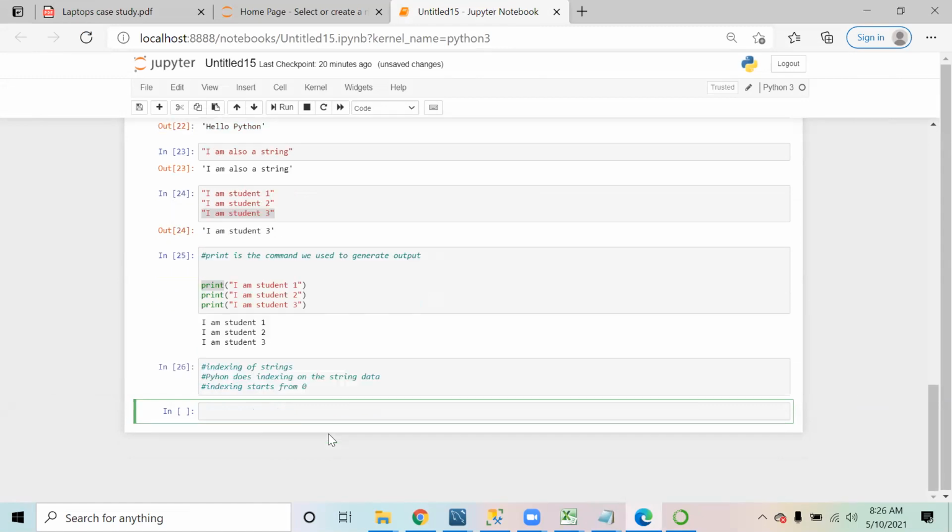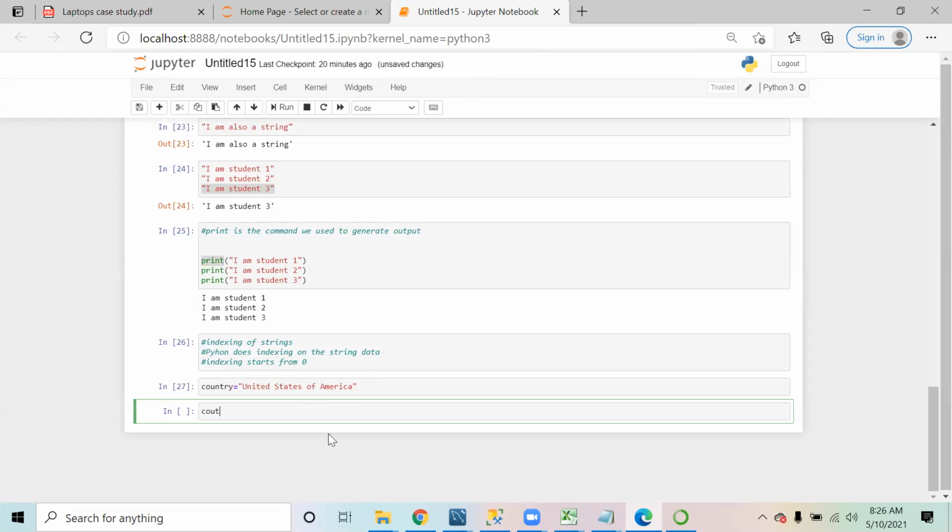Now, for example, let's create a variable, and let's call it country. Country equal to United States of America. Now on this country, if I say that I want to see only the first character, that is U, I write 0.